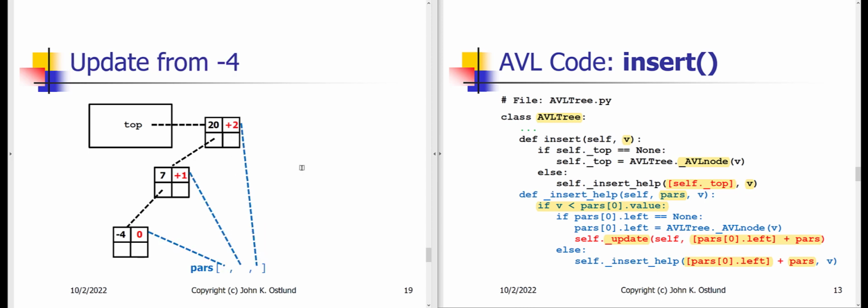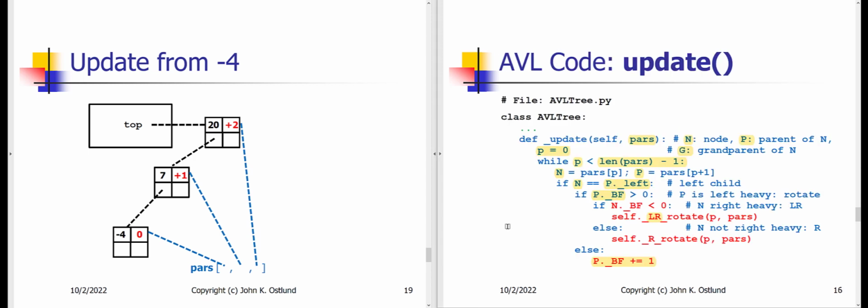So here's what that update looks like. We're going to call update again. And this time what's been passed in is a reference to the newly allocated node, followed by its parent, followed by its grandparent. And as we go through here, N is the newly allocated node. P is the parent of the newly allocated node. If N is the left child of the parent, that's true. And if P's BF, if the parent's